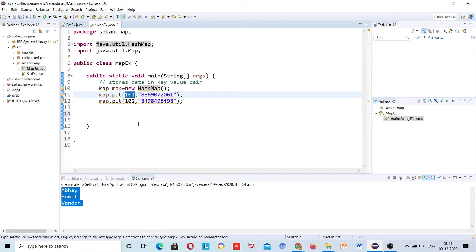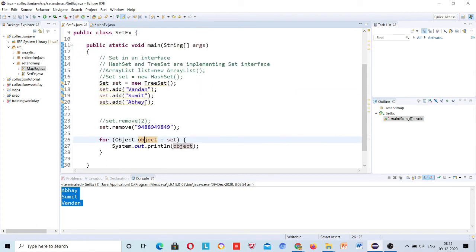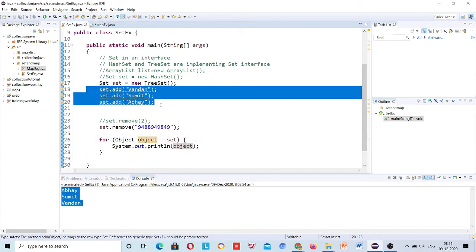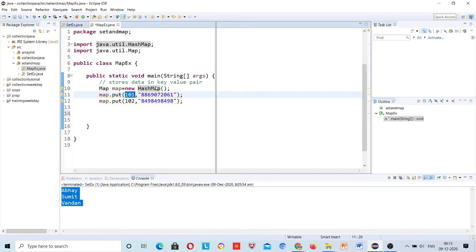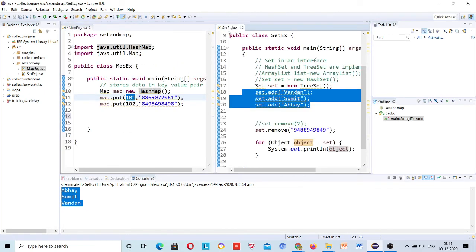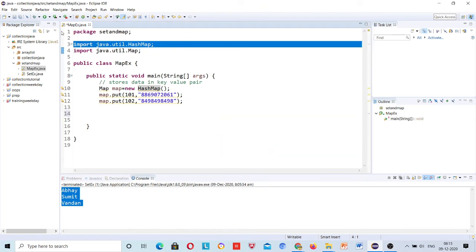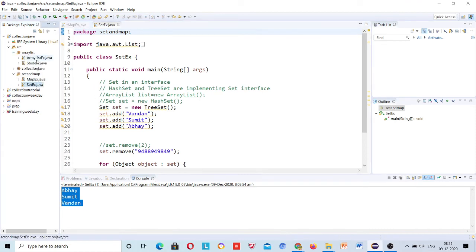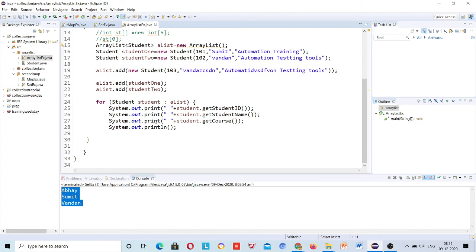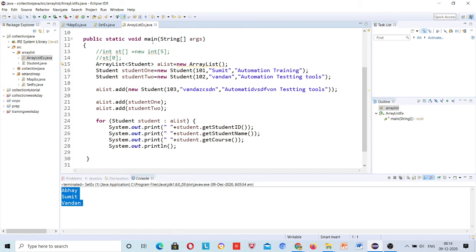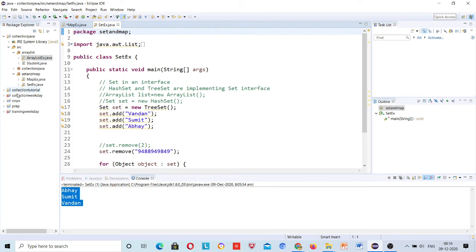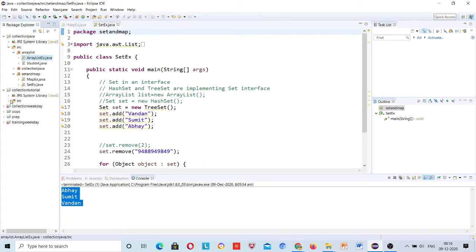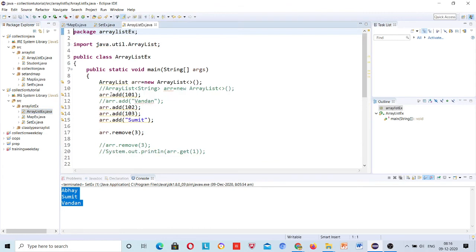Now if I say iterate over a loop, what it was doing was iterating over the indexes, right? Inside this array list there was indexing: zero index, first index, second index, third index.